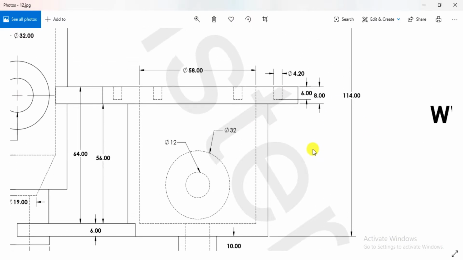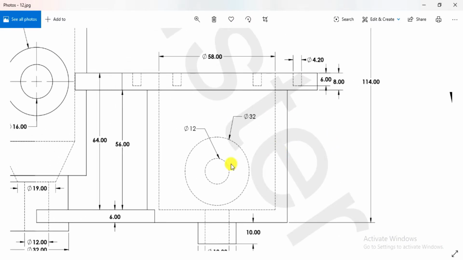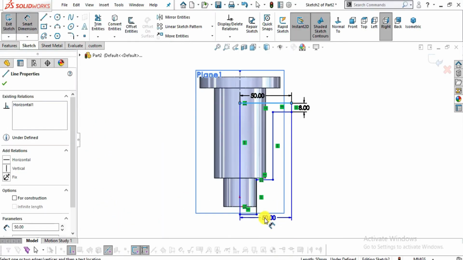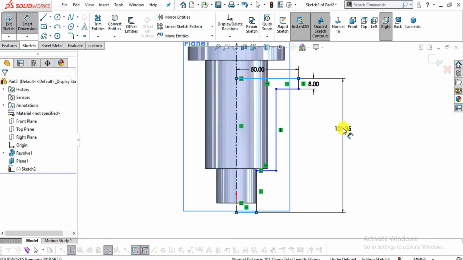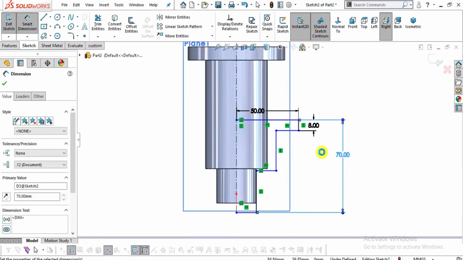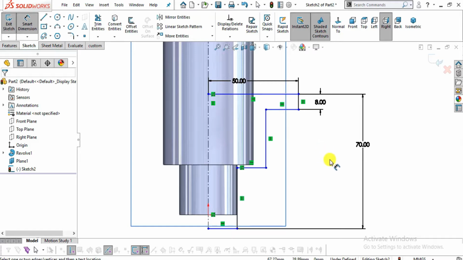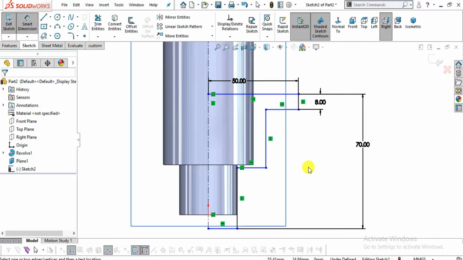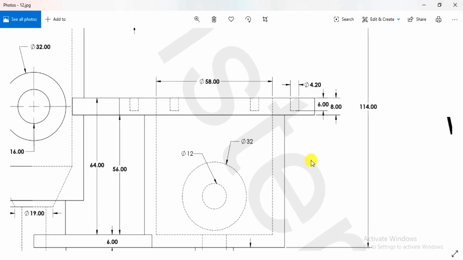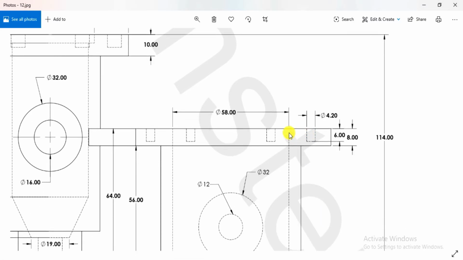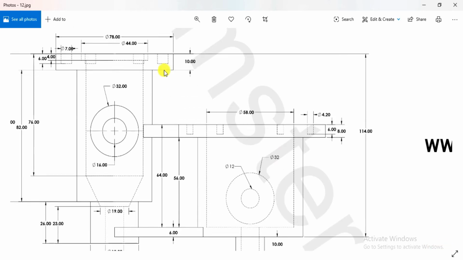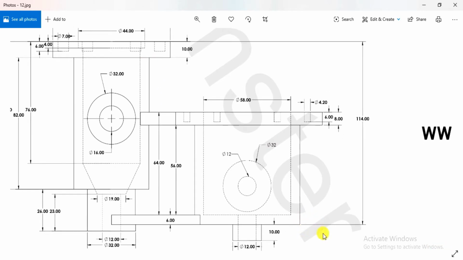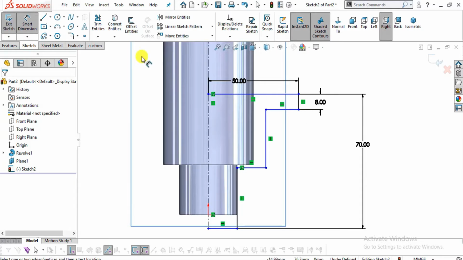Now you can see from top to bottom it is 64 plus 6, which is 70 mm. From top to this bottom, this is 70 mm, like this. And from this top of this space to this edge, it is 114 mm.